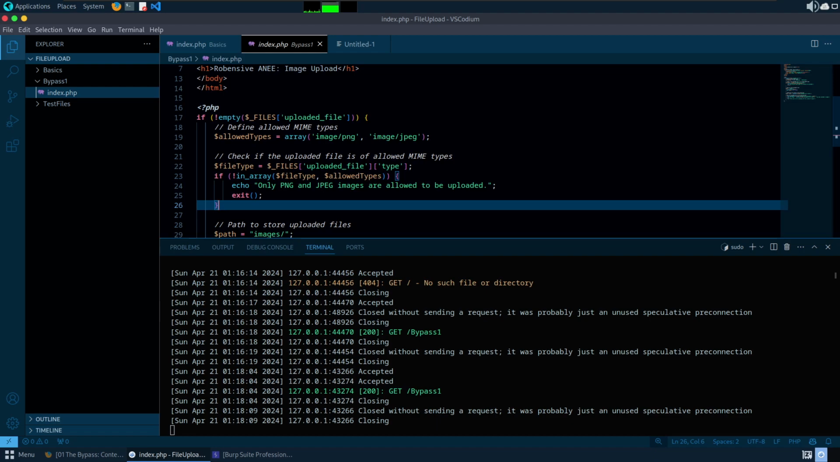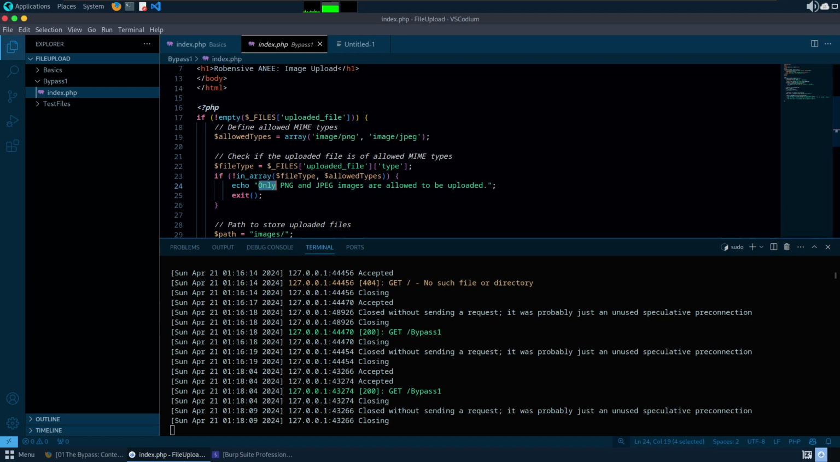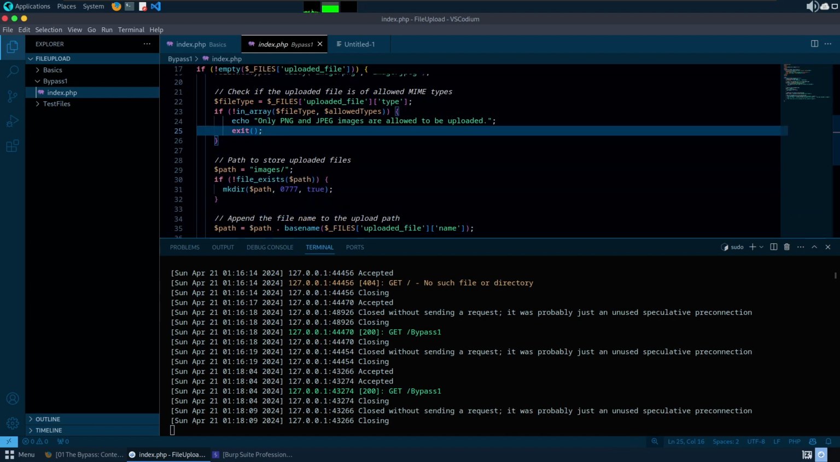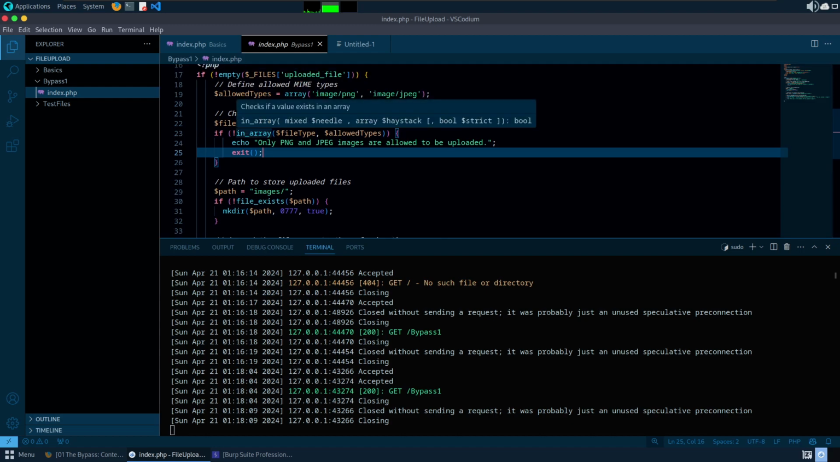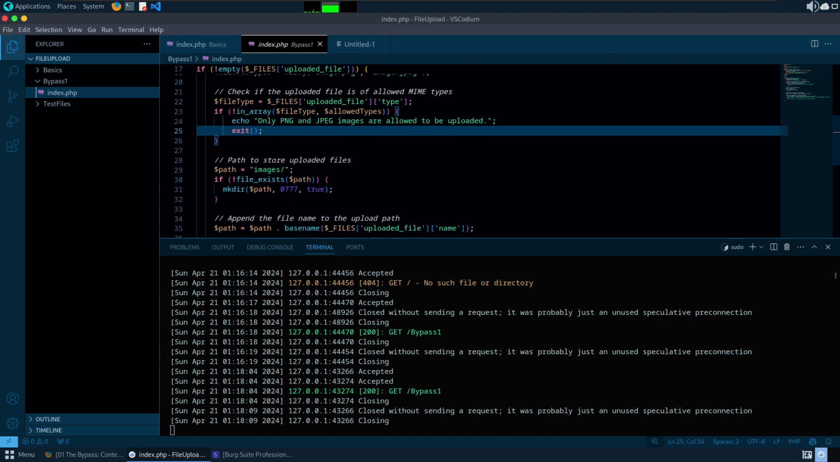if it is not in that particular array, then it will print with this particular line of code saying only PNG and JPG images are allowed to upload. In that case, it will exit the entire page, the entire application, and it will not work at all. However, if the condition is true, meaning the uploaded file type is in the allowed list, then it will move towards the next logic,